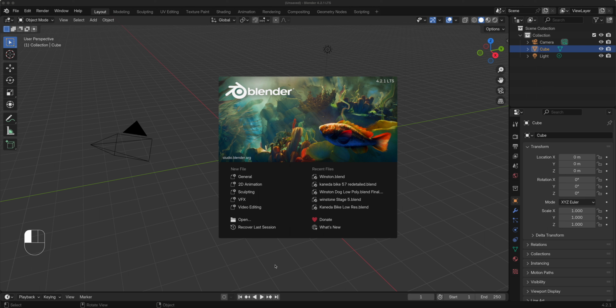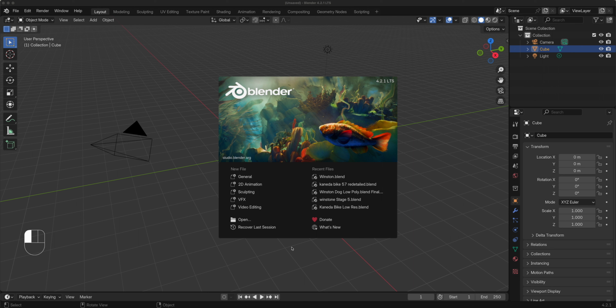Okay, so we're in a brand new 4.21. So this will be lessons going forward with newer versions of Blender until there is a major release. So I'm in 4.21 LTS right here. And we need this lesson to make our previous lessons updated. Some of them are a few months old, some of them are a lot older, but let's bring them up to speed